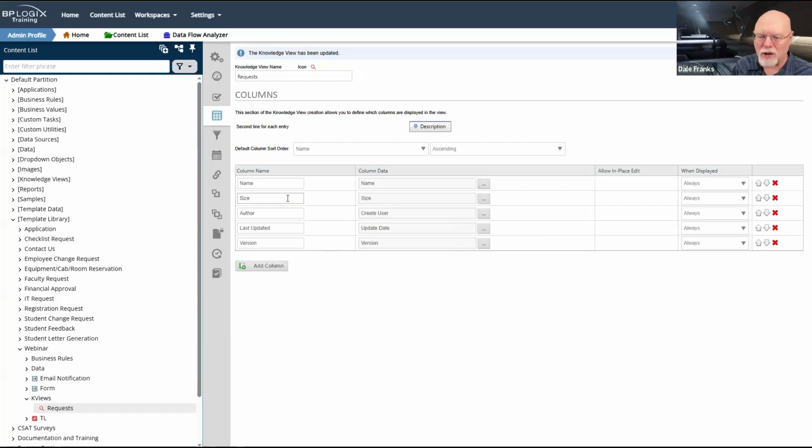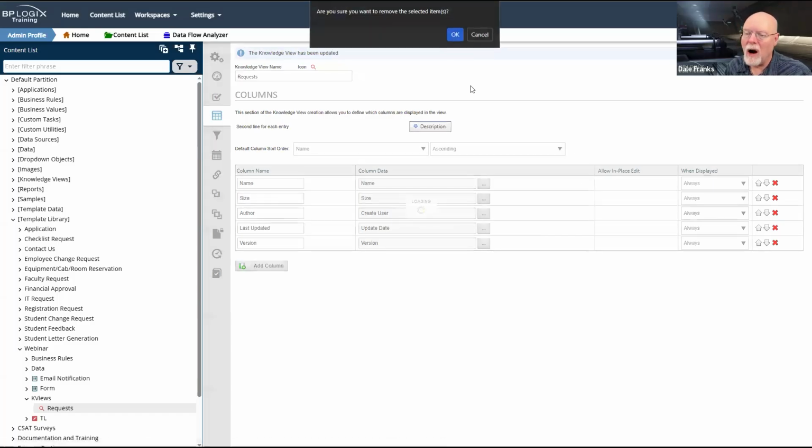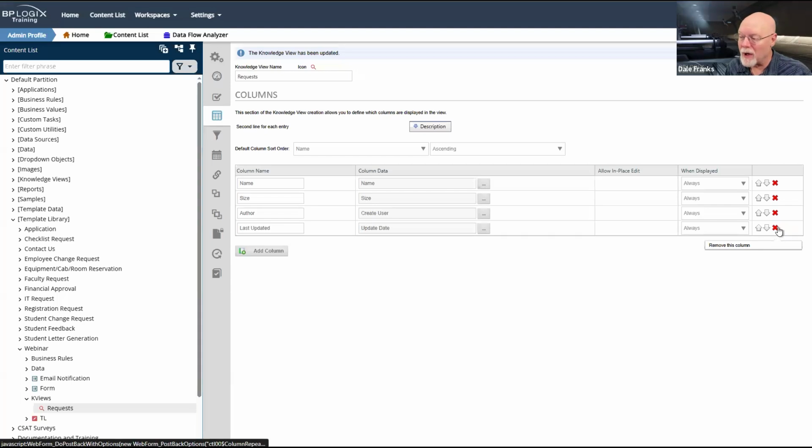If I want to go in and change these last 4 columns here to form fields, maybe add some additional columns, I can do that. In fact, I might not even want to have any columns in here other than just the name. I am going to want to keep the name there.